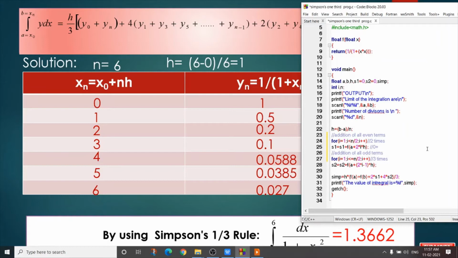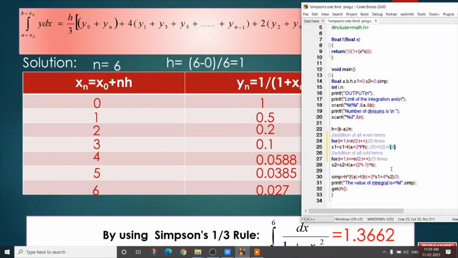So 0 plus f2. Next, the value of i is 2. So with a as 0, 0 plus 2 into 2 into 1, that is f4. In this way we can add all even values of y.